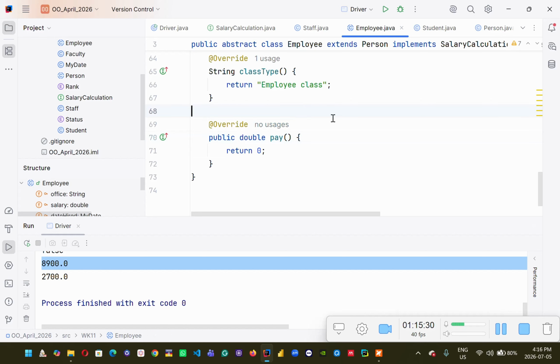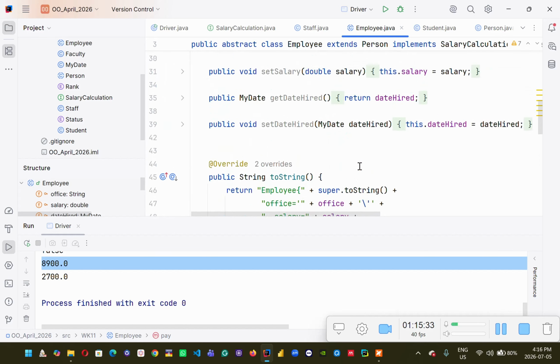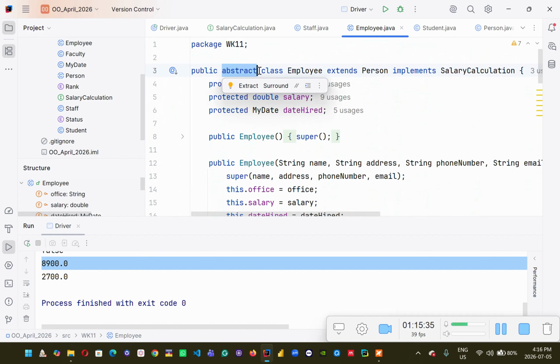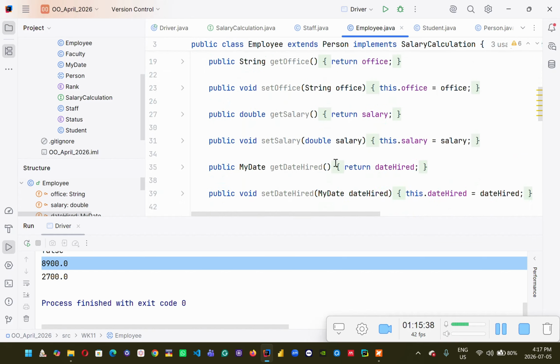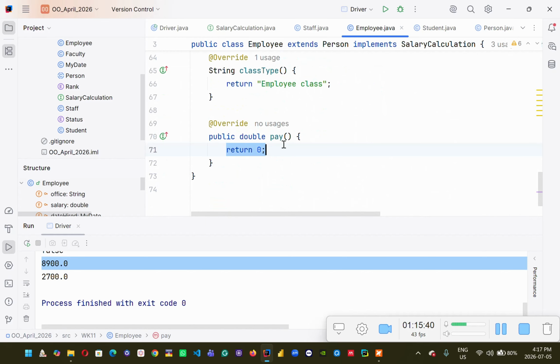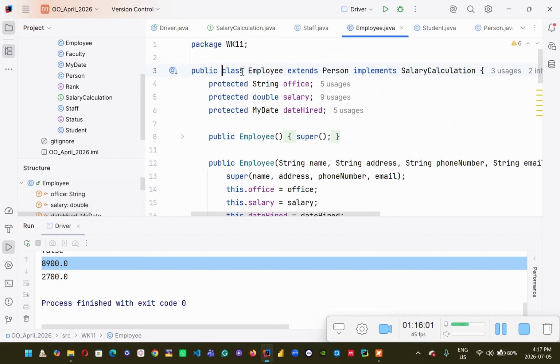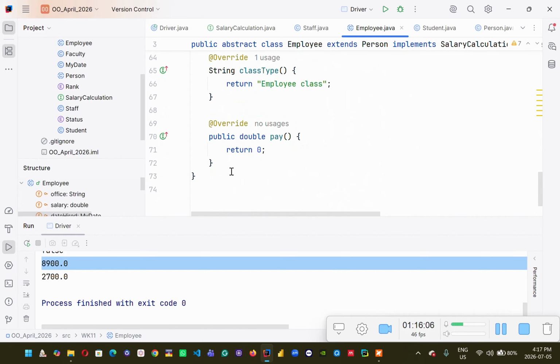So I'm going to have, well, if you don't want to, you can also do it like this, no issues, pay and all those things. So you can enforce this, or you can have a default implementation also. Right now, maybe I want to enforce, all right? So I'm going to have abstract, okay, and then